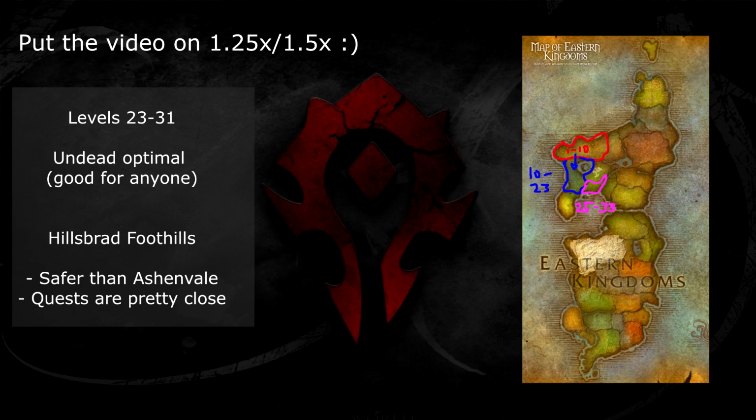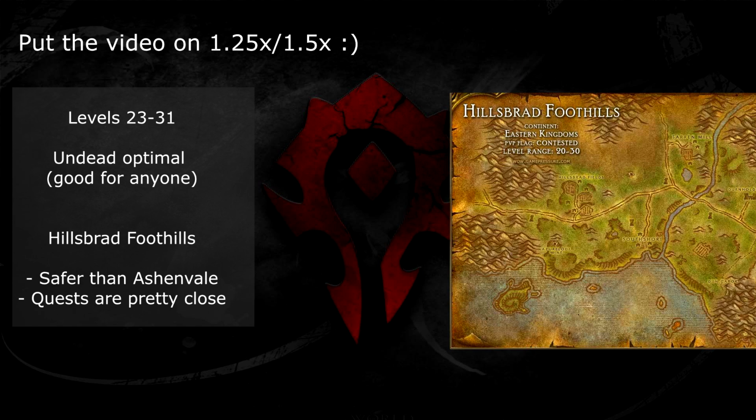Basically, when you get here, you're going to go straight to Tauren Mill. Tauren Mill is going to have all the quests for you, and that's going to be your hub. And the nice thing about this zone is, in my honest opinion, I think it's way safer than Ashenvale. You're going to have a much safer time here, not dealing with too many people, and all the quests are